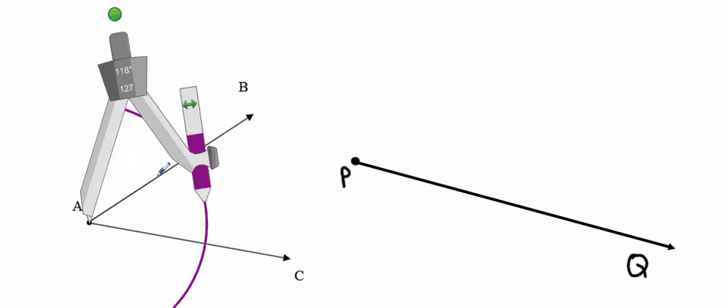It tells us they want us to label these two. It intersects ray AB at point J, so I'm going to label this point J